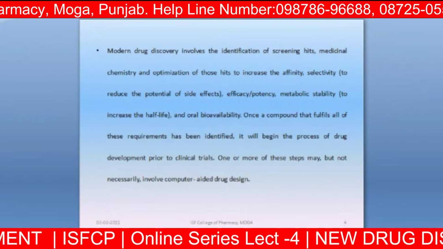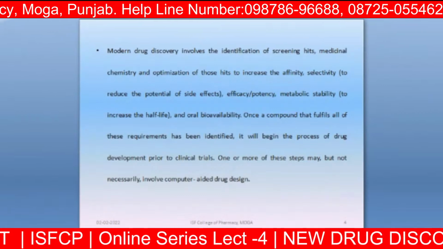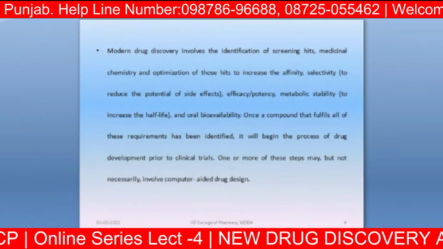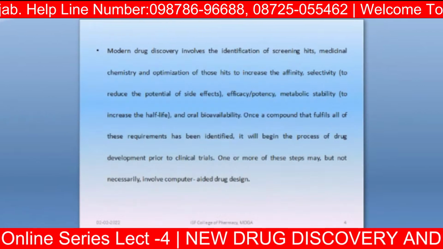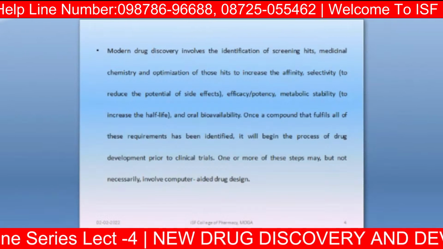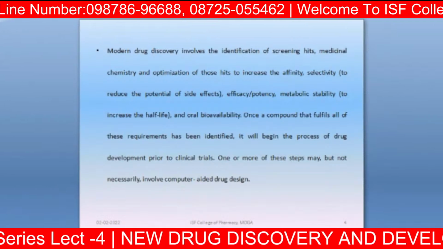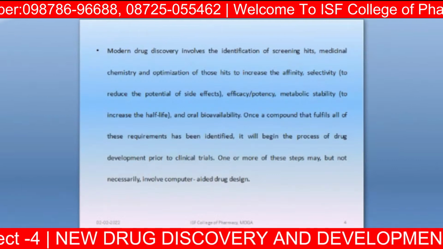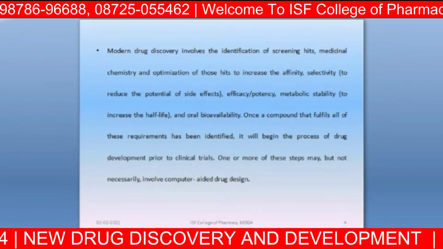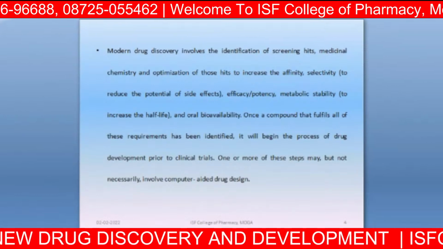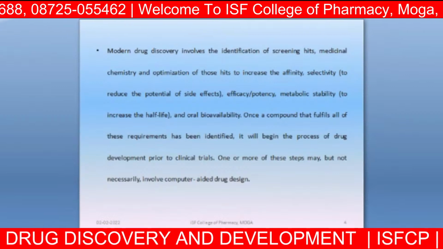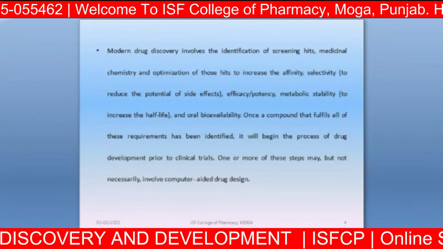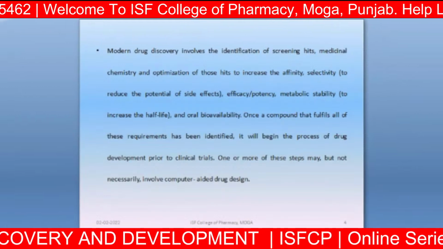at the required site. For example, if I want to manage a disease concerned with the GIT, take the example of ulcerative colitis. In this case, the colon is involved. So what is our primary objective, our primary goal? For that we need a specific moiety, a particular formulation, so that the drug can be administered only at a particular site in the GIT. There are various examples of this kind.